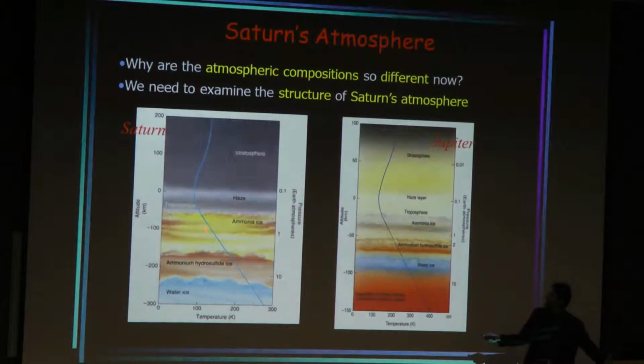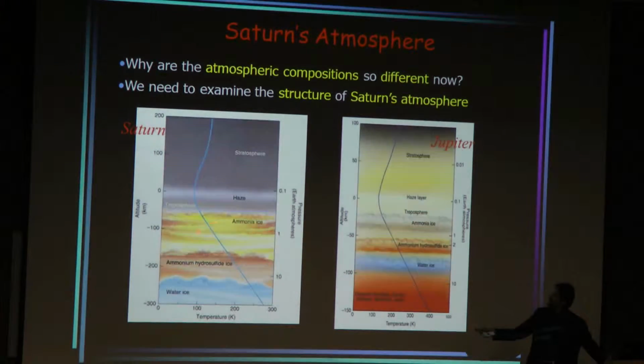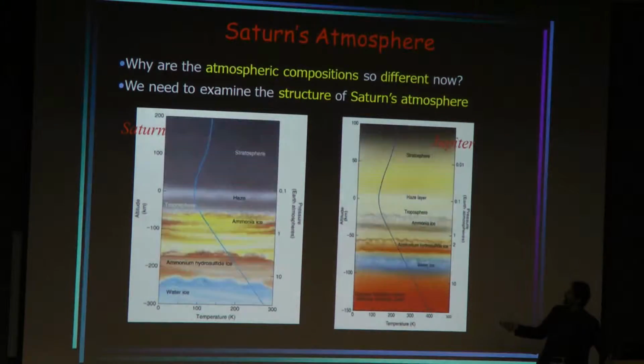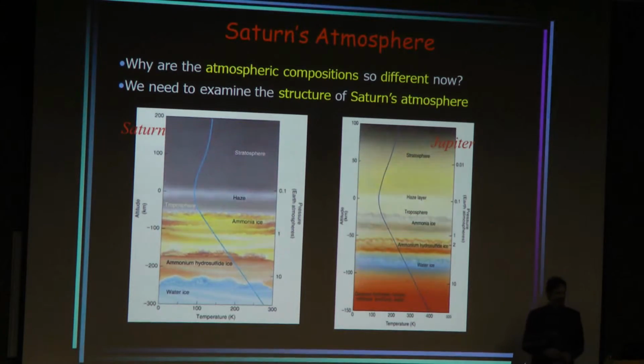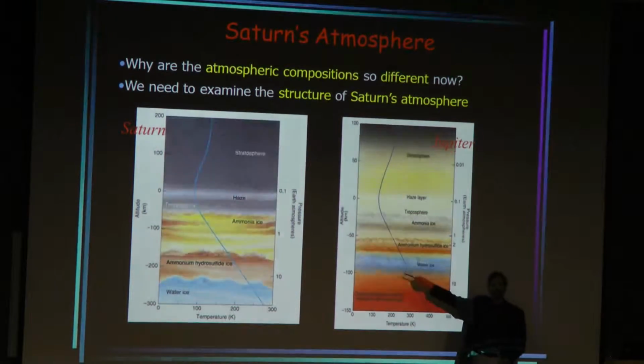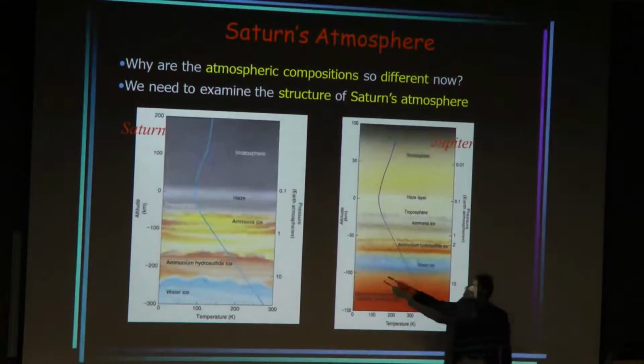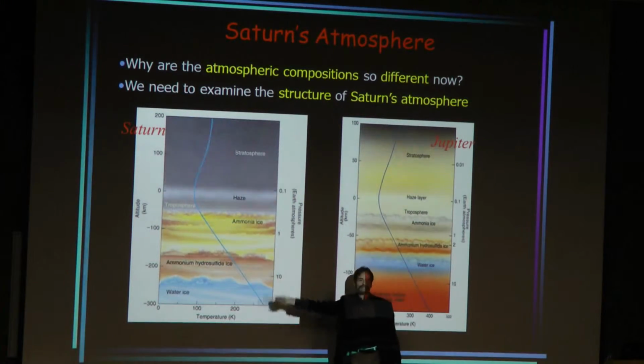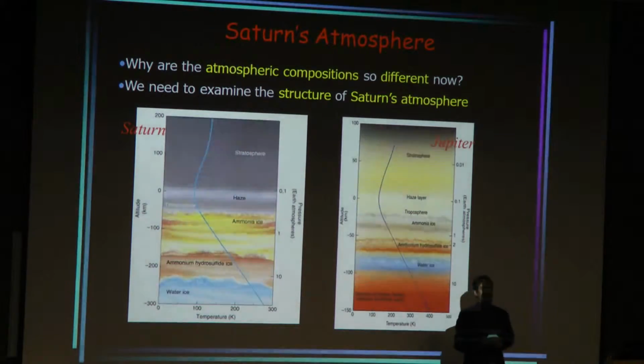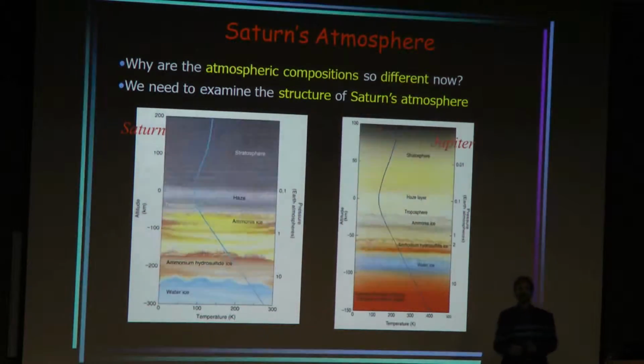But notice that the difference here is that these vertical scales are not exactly the same. The distance from the ammonia ice layer down to the water ice layer in the case of Saturn is around 200 or 300 kilometers. On Jupiter, the distance from the ammonia ice layer down to the water ice layer is less than 100 kilometers, only about 75 kilometers. So we think that the compression of the atmosphere that we're seeing in the case of Jupiter, compared to the more vertically extended atmosphere that we see for Saturn,